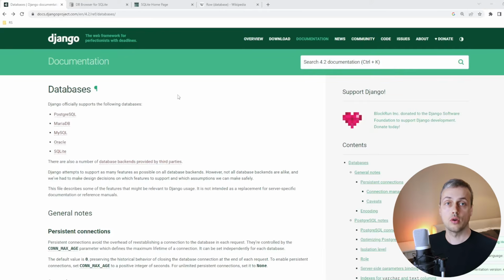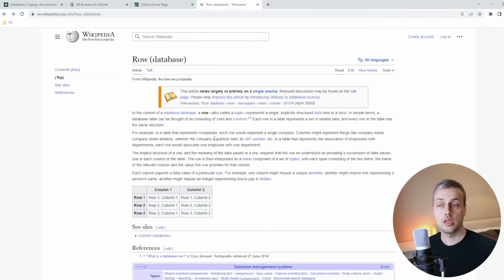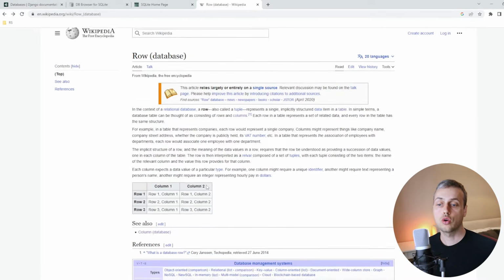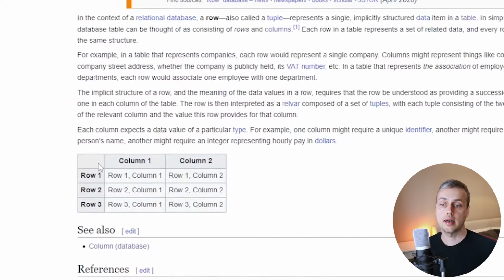Now, a database can be thought of as a collection of tables, and these tables have rows and columns. I'm going to go to Wikipedia and we're going to look at this page here on rows in a database, and you can see this columnar structure at the bottom here where we have a table, and that table consists of columns, and each column represents a piece of information that you want to store about a particular thing. And as well as the columns, each table has rows as well, and each row in the table represents an observation or a measurement for a particular entity. We're going to see examples very soon of a concrete database table and the rows and columns that might be